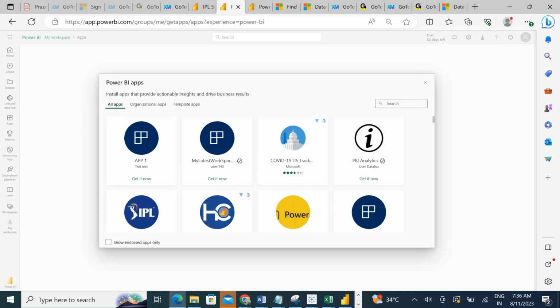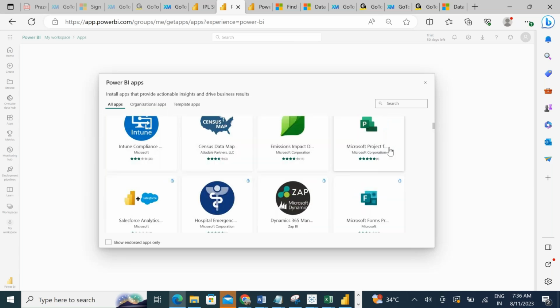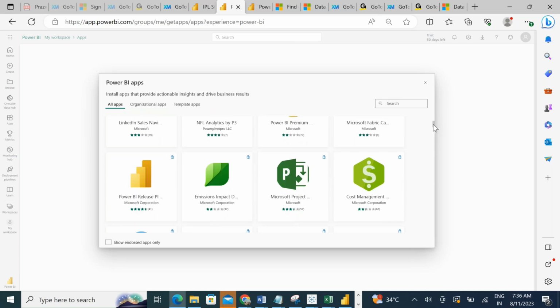And when I go to get apps here, you are able to get all the apps. So Microsoft has given us some useful apps, guys. You could see some of the useful apps here from Microsoft. So for example, emissions impact is there. When I click on it,